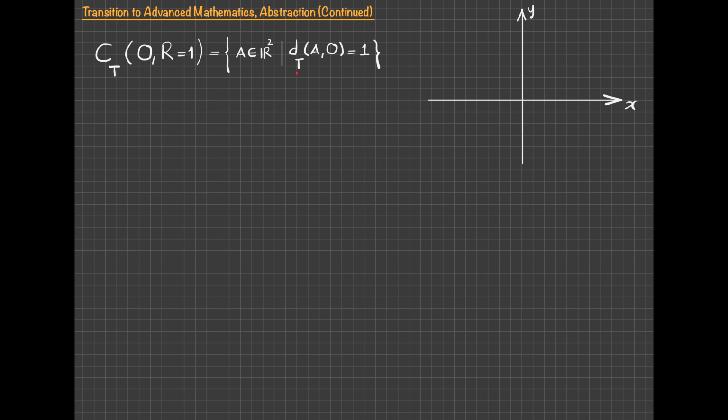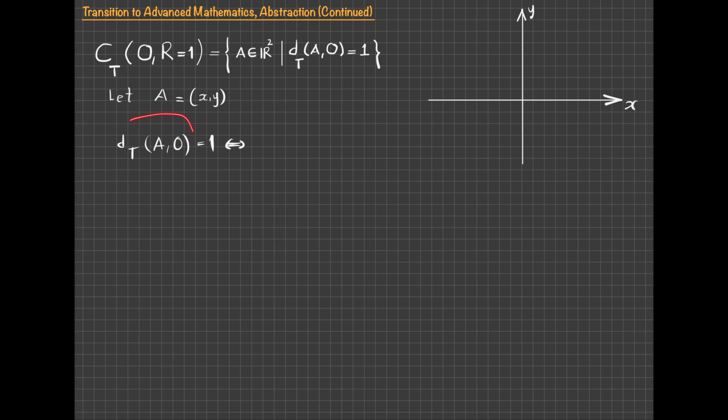So this is the abstract definition, this is a set, but if you want to represent it on the coordinate system, you need to understand this a little bit better. So you are looking for all the points in R squared. Let A be of coordinates x and y, because I still don't know where these points are located. So let me call the x coordinate of those points x and the y coordinate y, and then try to understand this. Okay, according to this Taxicab metric,